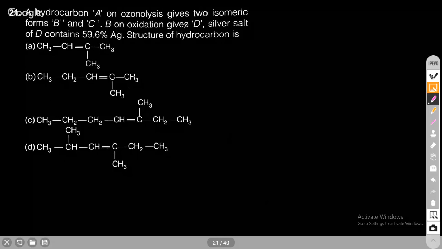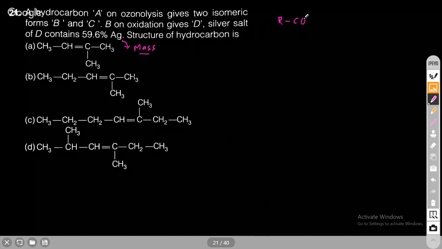B on oxidation gives D. The silver salt of D contains 59.6% of Ag. So this is actually mass percentage; it should be written over here as the mass percent, but it is understood here, right? So the salt of silver that you have